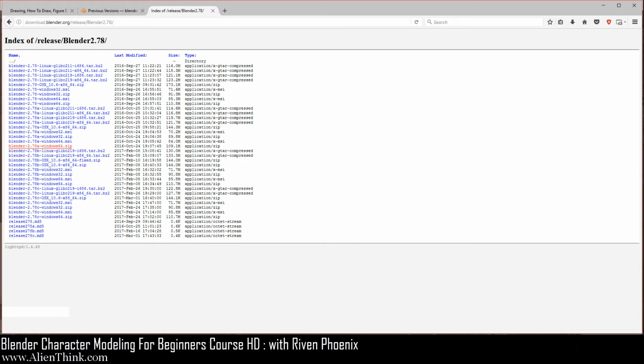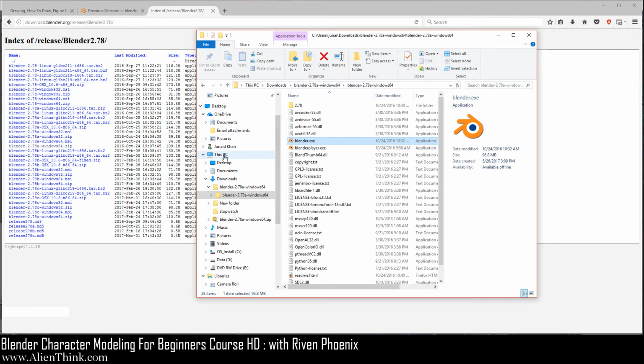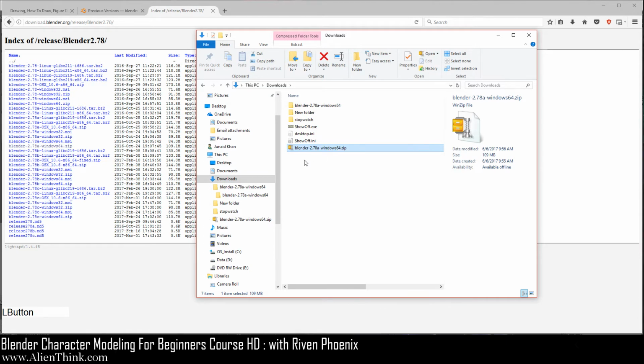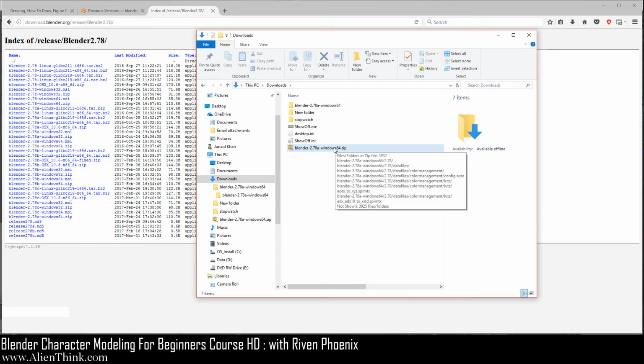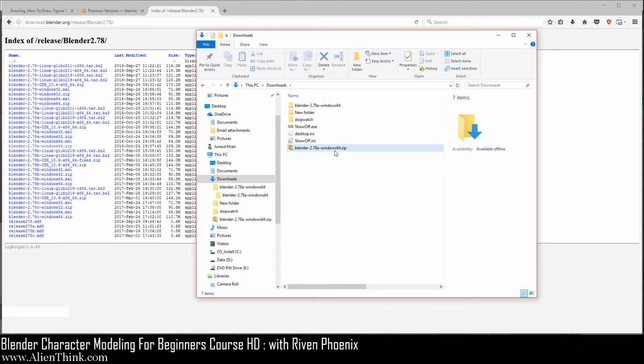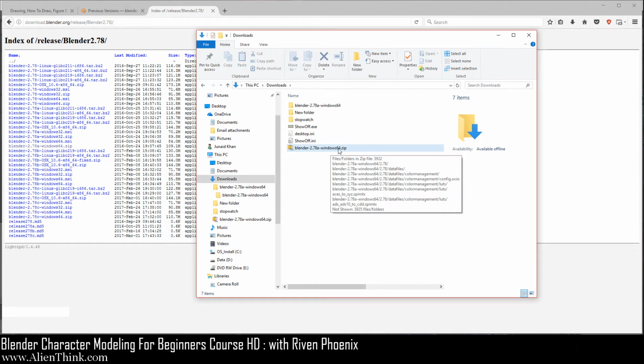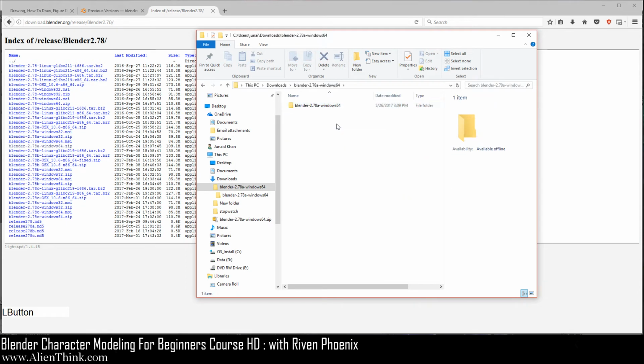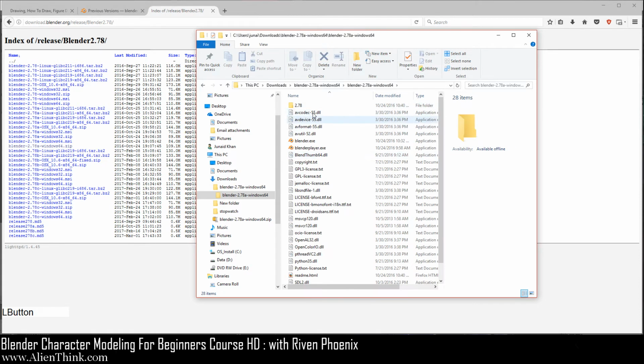So now when you download it, here on the Windows machine, it goes straight to the downloads folder over here. See this? So you're going to right click and unzip it. Now I'm going to assume you know how to unzip a file. You can look it up online as to how to do that. It depends on how you unzip it. Here it's just going to give me the same folder as the zip file. So if I go in here, click, go in here, you can see that these are all the Blender files.